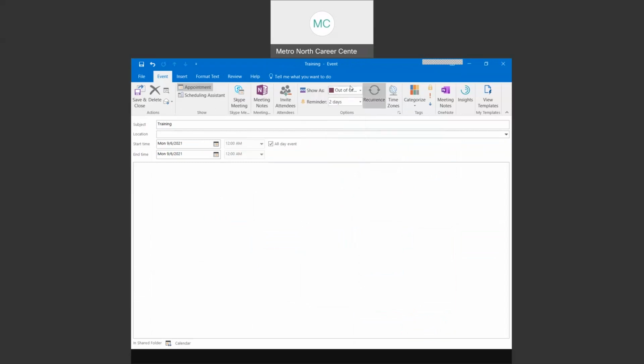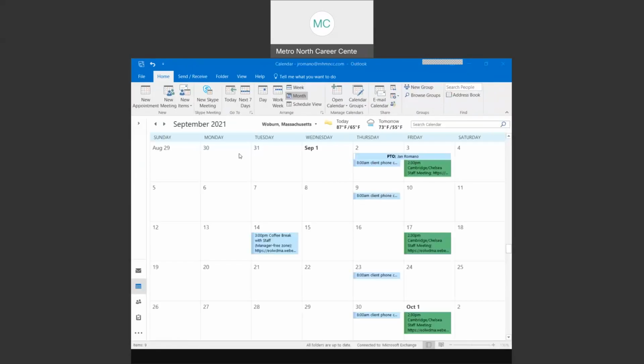And everything that I want to put here, I put. I hit save and close. This is an event. An event looks exactly like an appointment on your calendar. But the only thing is, I don't know if you can see this, and I hope you can, that this is a different color. It's kind of the pinkish magenta color, because that means I'm out of the office. Because I'm out of the office the whole day